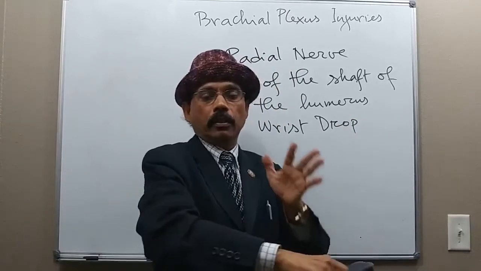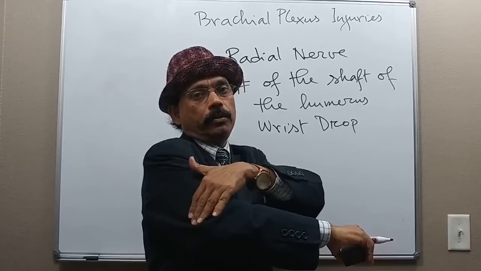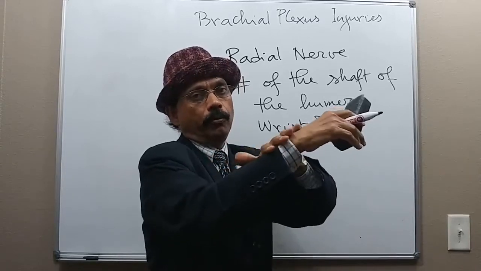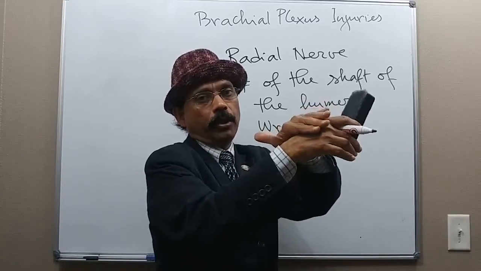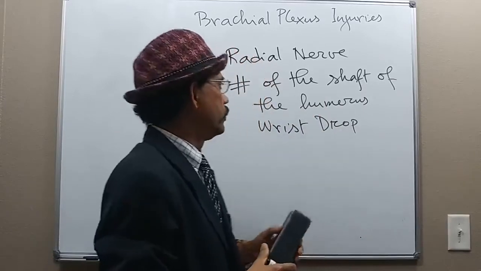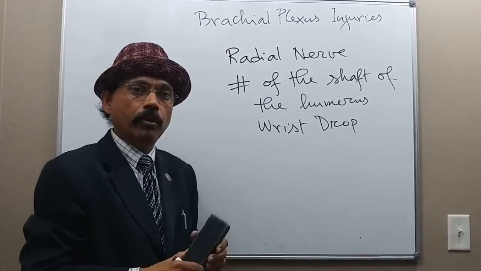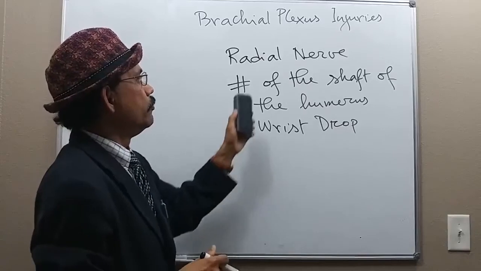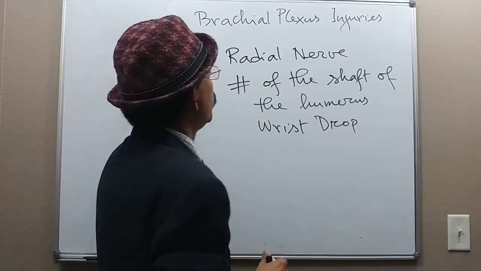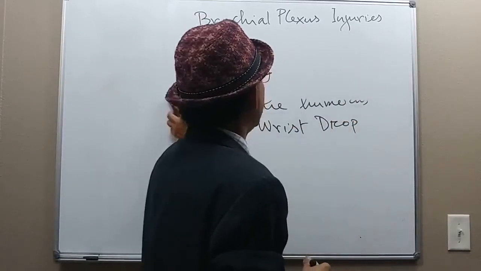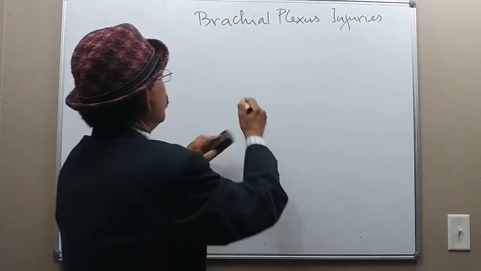And also we get lack of cutaneous innervation to the back of the arm, the forearm, and also the lateral aspect of the dorsum of the hand. So cutaneous innervation will also be hampered due to radial nerve lesion. Okay, then median